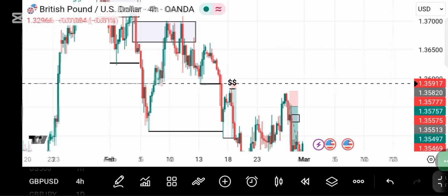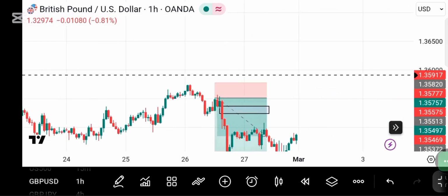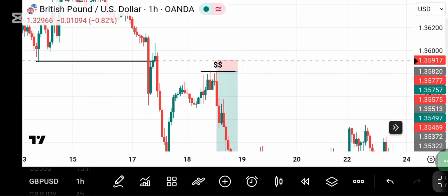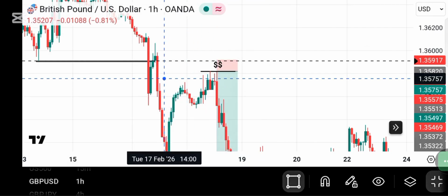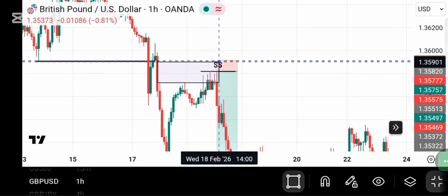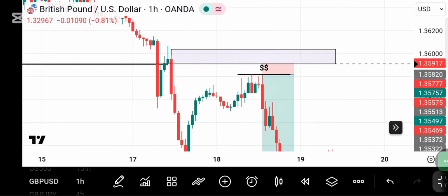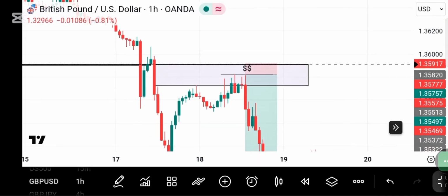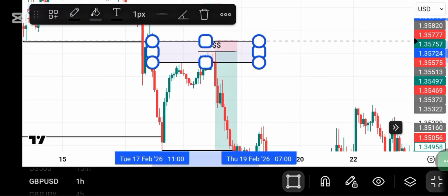Although it was very hard to get this point of interest, I later went down to 1 hour. You see, I had my alarm set here so that I could know when price gets to this level. Okay, 1 hour now. You could see what happened here. Price reacted to this fair value gap here. I was actually thinking that price was going to come back for this other block because it looked very nice for price to mitigate instead of holding on to this fair value gap. That was why I had this limit or this alarm here, but instead price did not do that,